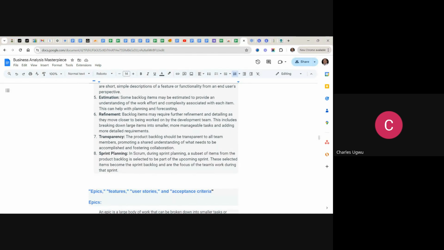If there is money expenditure, there should be accountability. Everything should be transparent. If you didn't get it in the ones we've done already, I see it as a learning curve. You should learn to be highly transparent. If you are working in a project, it doesn't matter if you are a project manager, a business analyst, or a developer, whichever angle you come from in a project, you must be transparent. Then sprint planning. In Scrum, during sprint planning, a subset of items from the product backlog is selected to